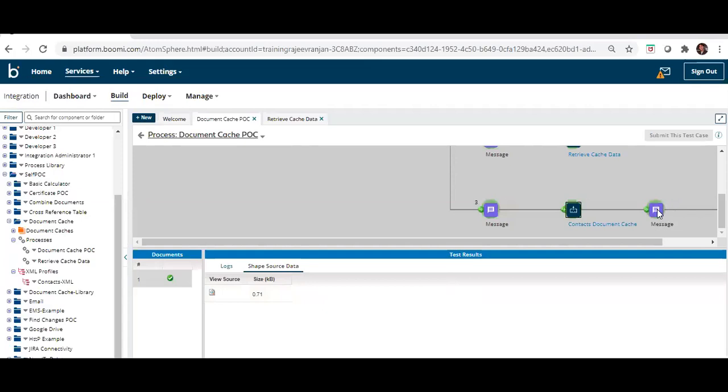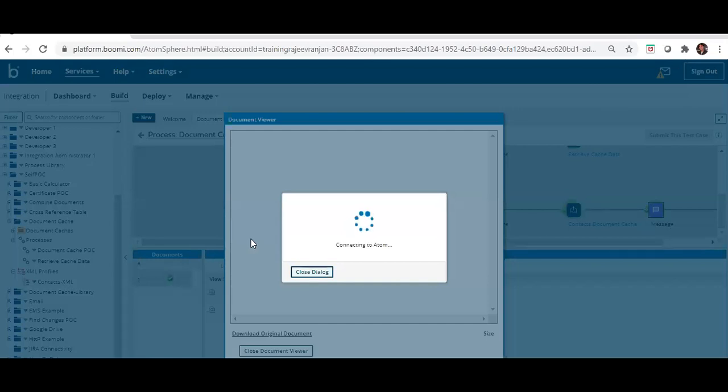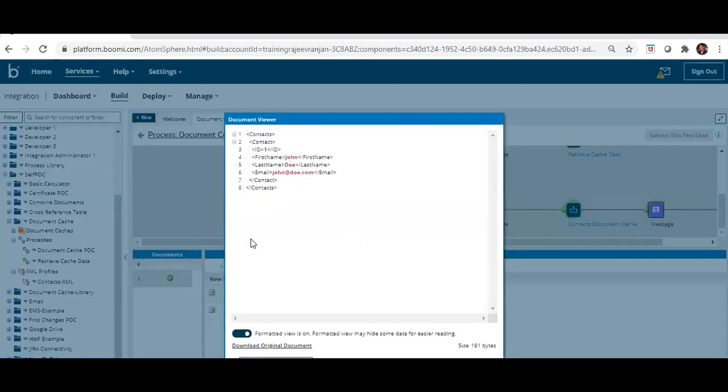Now what we are getting at that particular message set is the result of the lookup into the cache on the basis of the first name. It is going to give us two values. If you remember our configuration, we are looking for John.